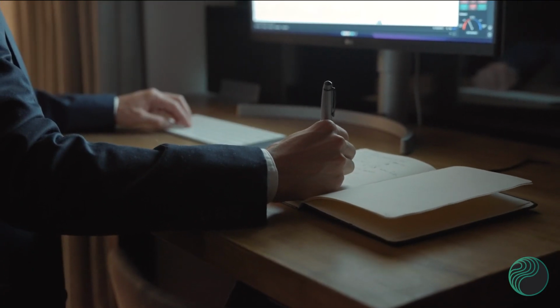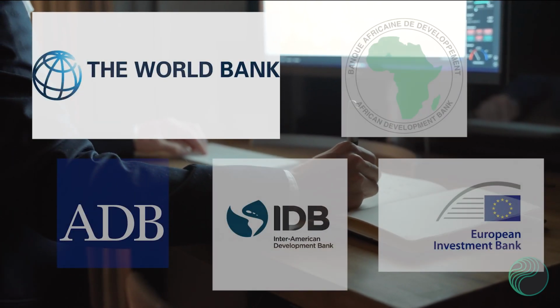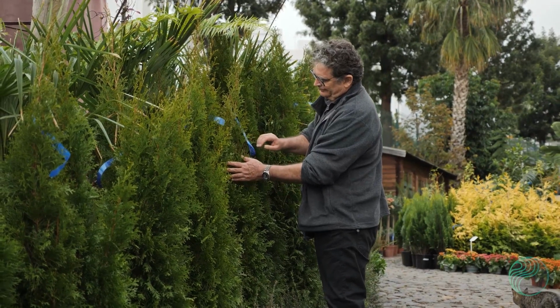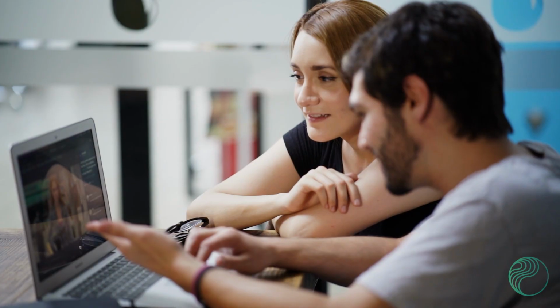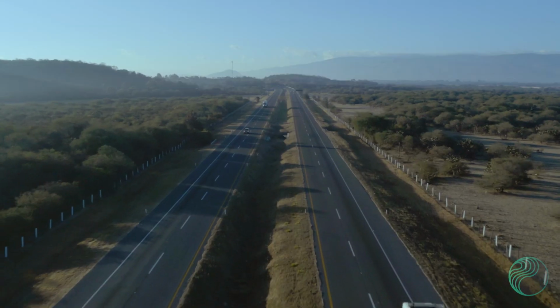Another source of potential funding are development banks, such as the World Bank and regional development banks, who can provide financing for nature-based projects. These institutions support sustainable development and may offer loans, concessional financing, or technical assistance to eligible projects. Applications to these institutions can be highly bureaucratic, requiring many forms to be completed, and there is no guarantee